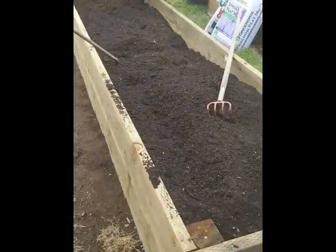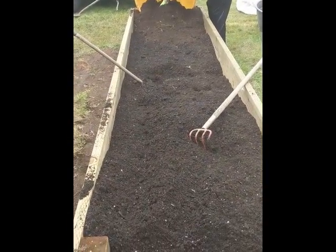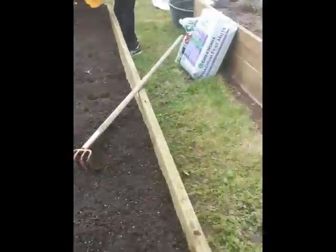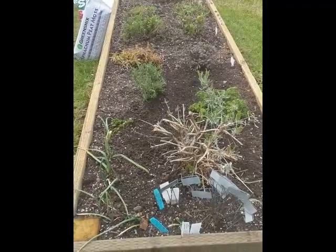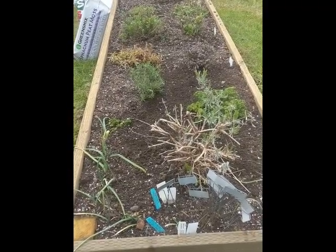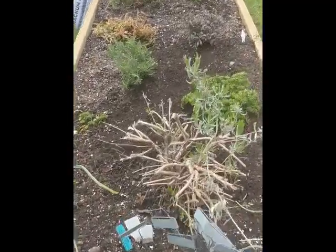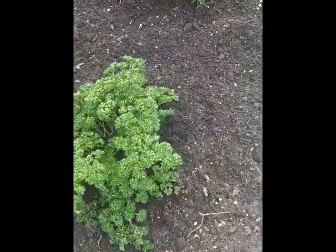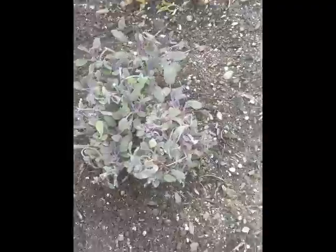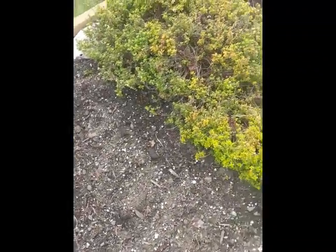And this is a new raised bed that Daniel is filling up with soil from our garden and some planting mix and some fertilizer. And this raised bed here is Lauren's herb garden. She had an herb garden before, so we pruned it all back and replanted it. She's got some different herbs in here. She's got some rosemary. This one here is parsley. That one is sage. Another different kind of sage. Some oregano. And both of these down here are two different kinds of thyme. And if I keep going,